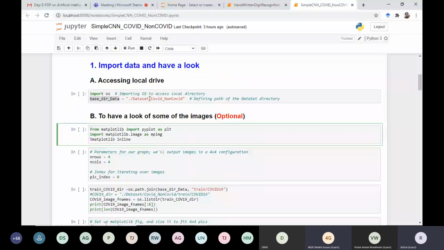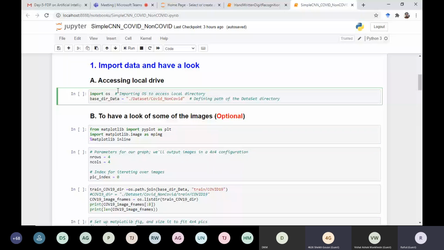Now, after importing OS and defining the base directory,